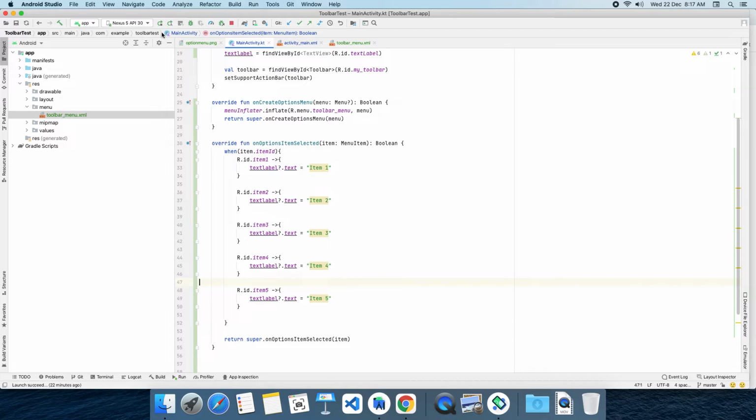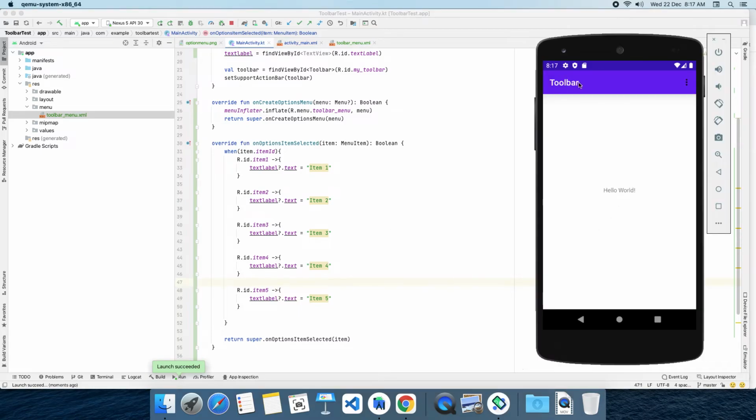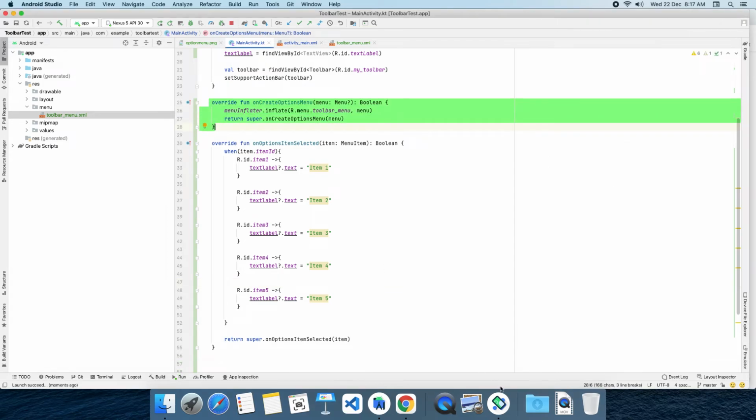Now let's see how our app is running, how this option menu looks. We have another name for option menu, that is action menu. Do not get confused, we have two names for this: option menu, or otherwise we can say action menu. See, our toolbar is there. Using this method we are attaching our menu to our toolbar.